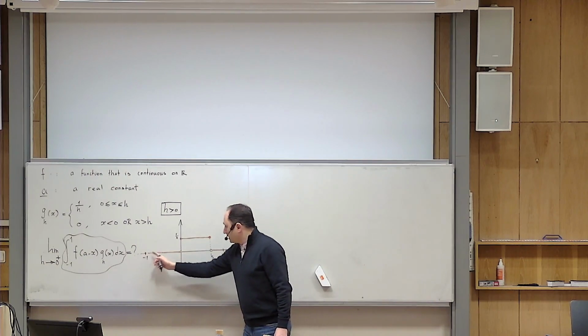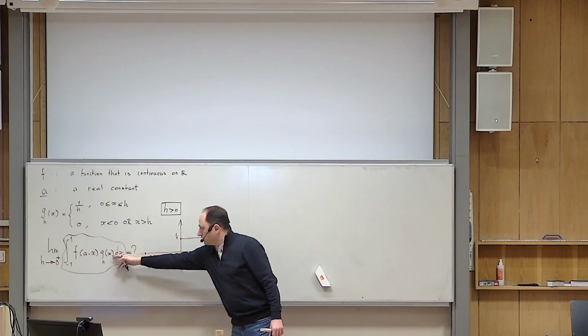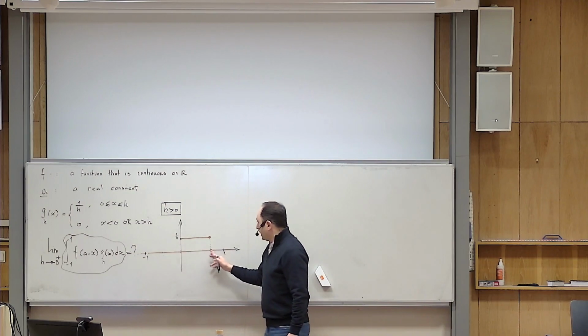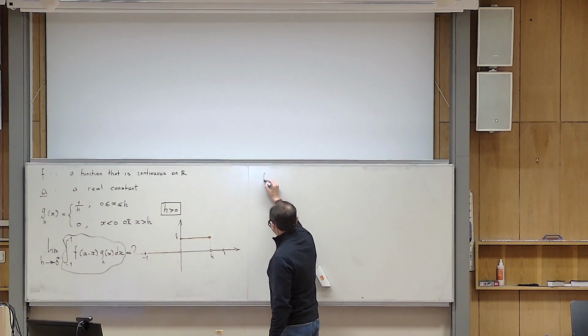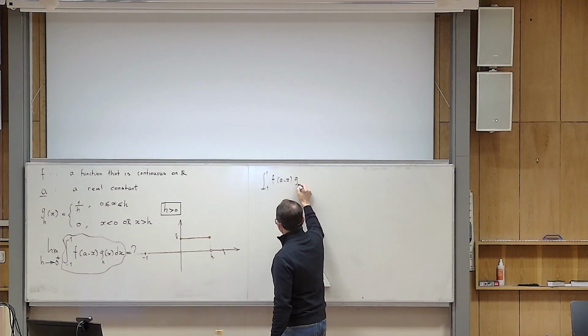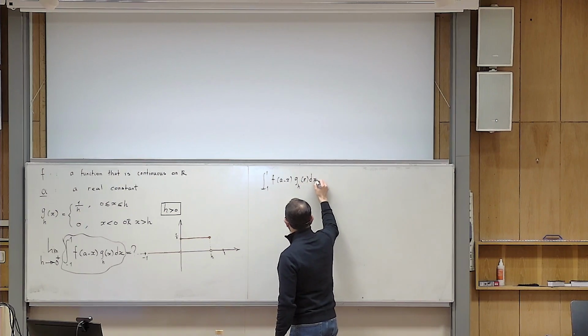When it goes from minus 1 to 0, the function is 0. When it goes from 0 to h, the function is constant 1 over h. And when it goes from h to 1, again the function becomes 0. So the integral from minus 1 to 1 of f of a minus x, g_h of x dx can be broken into